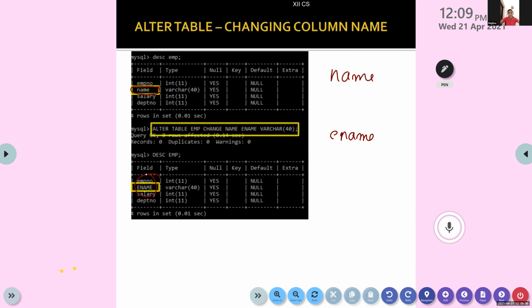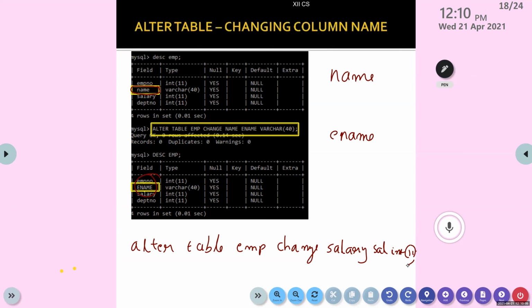Alter table EMP, change salary, sal, int. Very good. Is that clear?